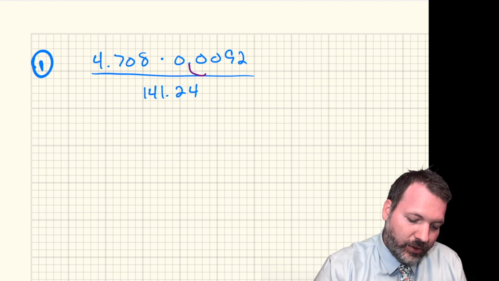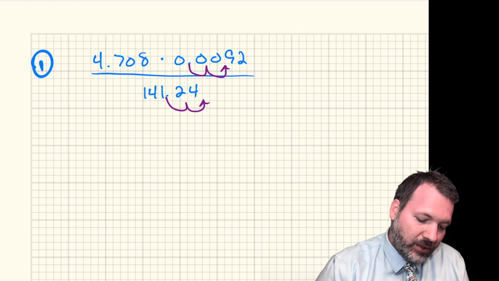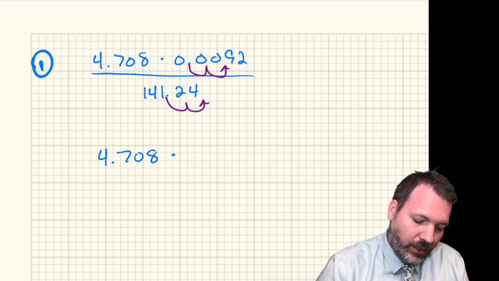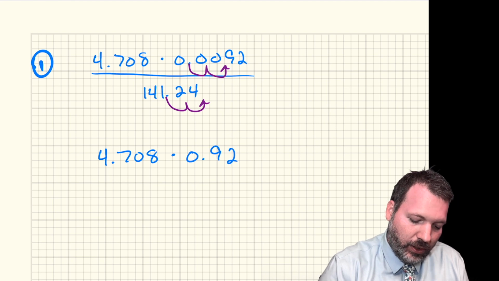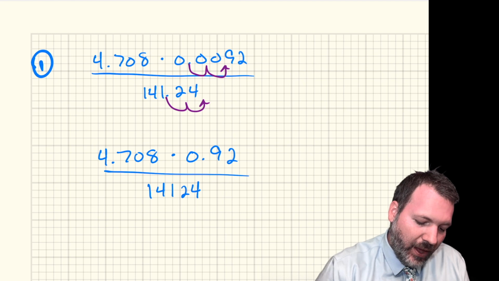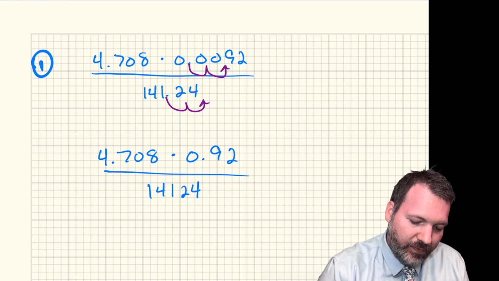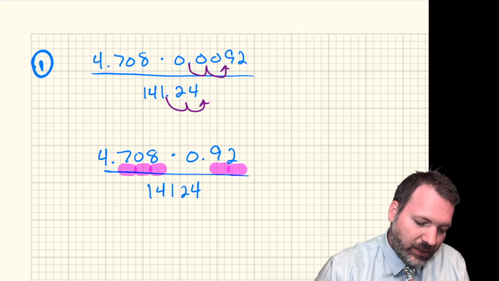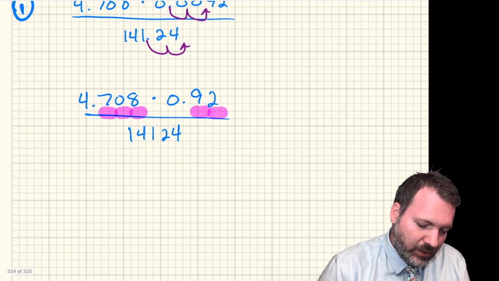Right off the bat, I want to try to eliminate as many decimals as I can. And so that's going to be 4.708 times 0.92, now all divided by 14124. And then for that matter, I'm just going to use some scientific notation right now. 1, 2, 3, 1, 2 decimal places. Essentially, this is the same thing as